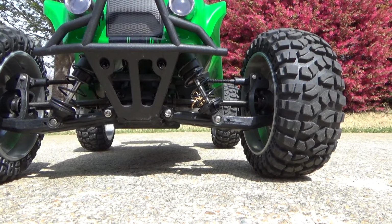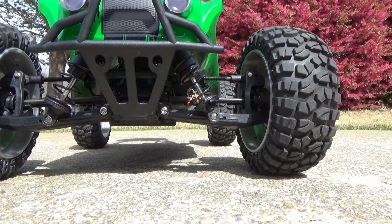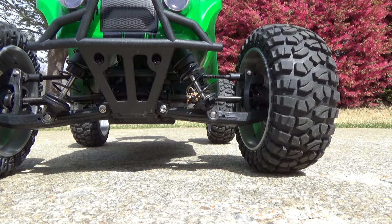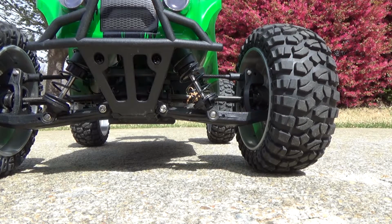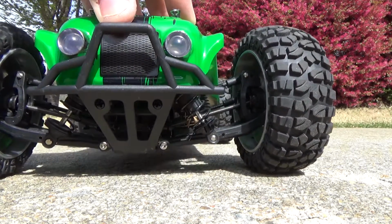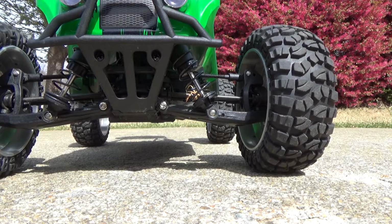Well, as you guys saw from those drops, I had mentioned a couple of times that I'm concerned about how soft this suspension is. And again, it may be designed for not necessarily really heavy-duty off-roading, but the springs are soft, the oil is very thin in the shocks, and as you heard and saw, the front suspension bottoms out quite easily. And I'm just wondering how much abuse that's really going to take from someone who's punishing it